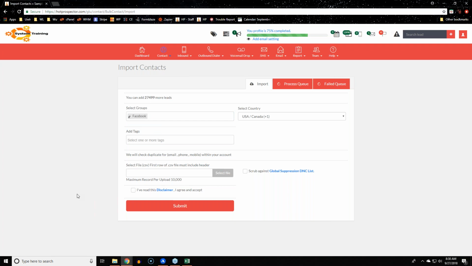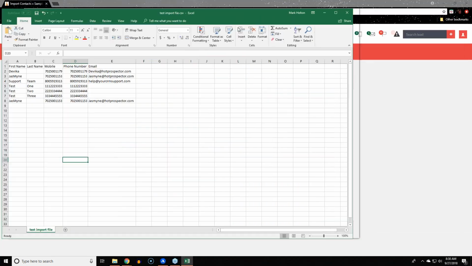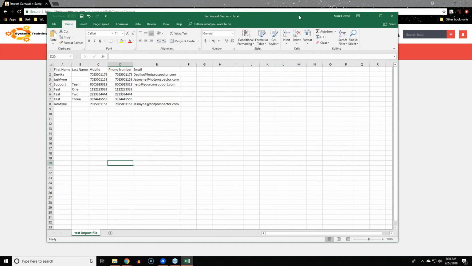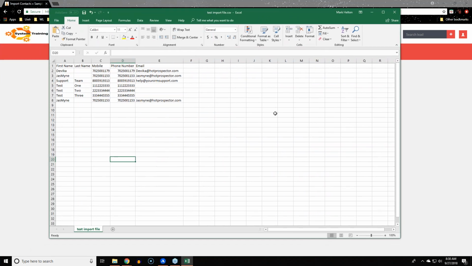CSV files. This is huge. I'm going to go ahead and pull up a file that I have here. All right. So CSV, what this means is comma separated values. Excel spreadsheets, docs. I can't recall really. I haven't really used too many different ones besides CSV since here at Hot Prospector. It's the most common one that's being used, and it's the only one that can be used when importing contacts